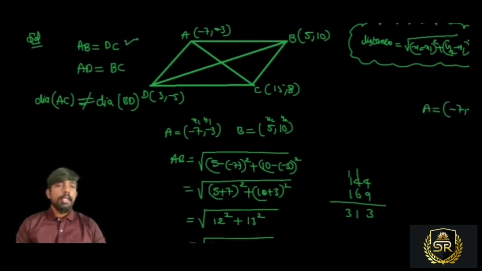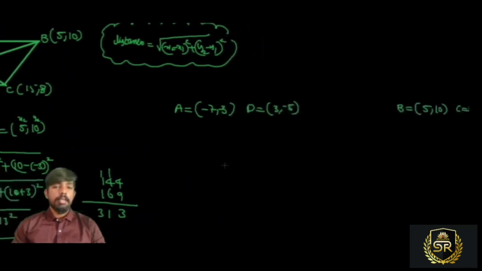Here we proved AB is equal to DC. Next, we should prove AD is equal to BC. Okay, first we will consider AD and BC. AD distance, first AD is equal to root over (x2 minus x1)